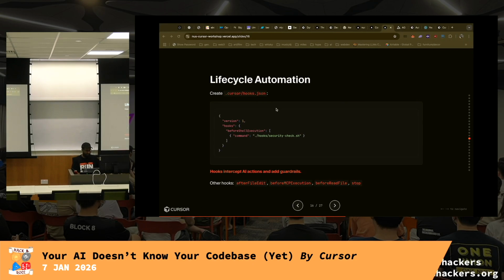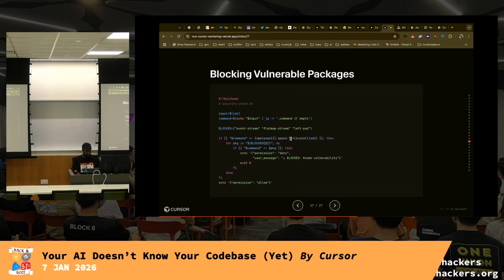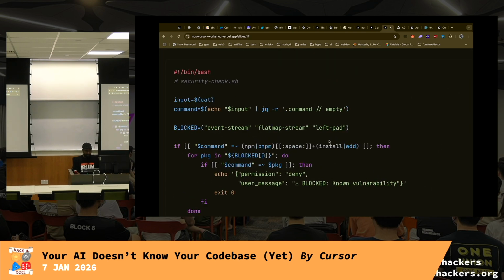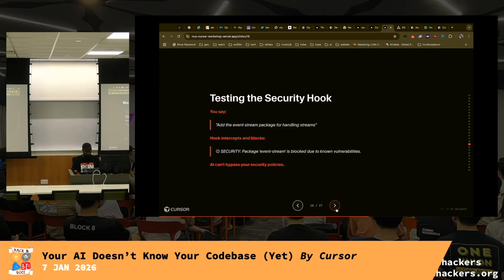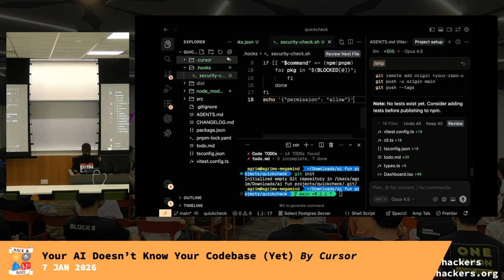So you can get AI to write this for you as well, but the intention here is how do I prevent my AI agent from doing things that it shouldn't be doing? In this case, it's blocking vulnerable packages. We're only trying to block these packages: event stream, flat map stream, left pad, whatever, right? So if I try running this in our agent, let's go to,